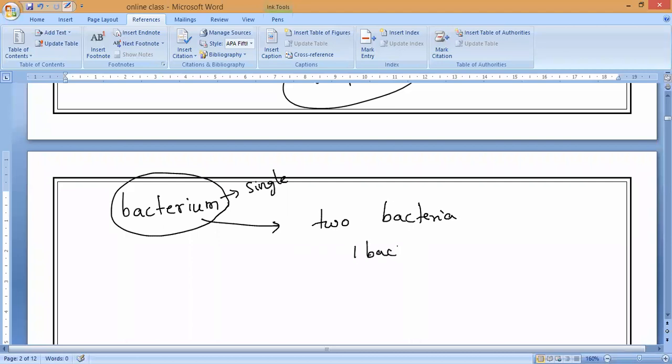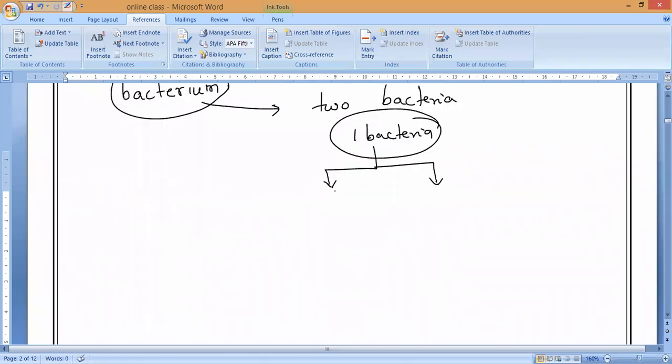So first, the bacterium becomes what? First the bacterium divides into two bacteria, yes or no? By the asexual reproduction method. So it has produced two new offspring. Now, again, suppose one of these offspring